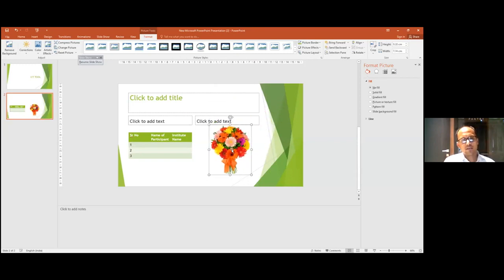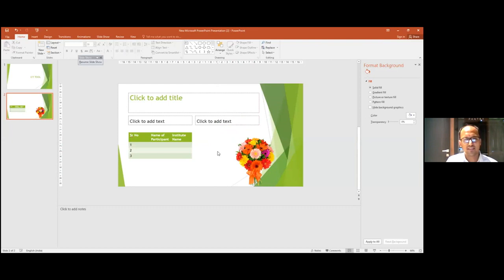Usually, whenever you are taking images from the internet, one should prefer PNG format images, because most of the time images do carry a background with them. Whenever you get an image with a background, that image will have its own background along with your presentation background. This will be a little bit disturbing in your presentation.